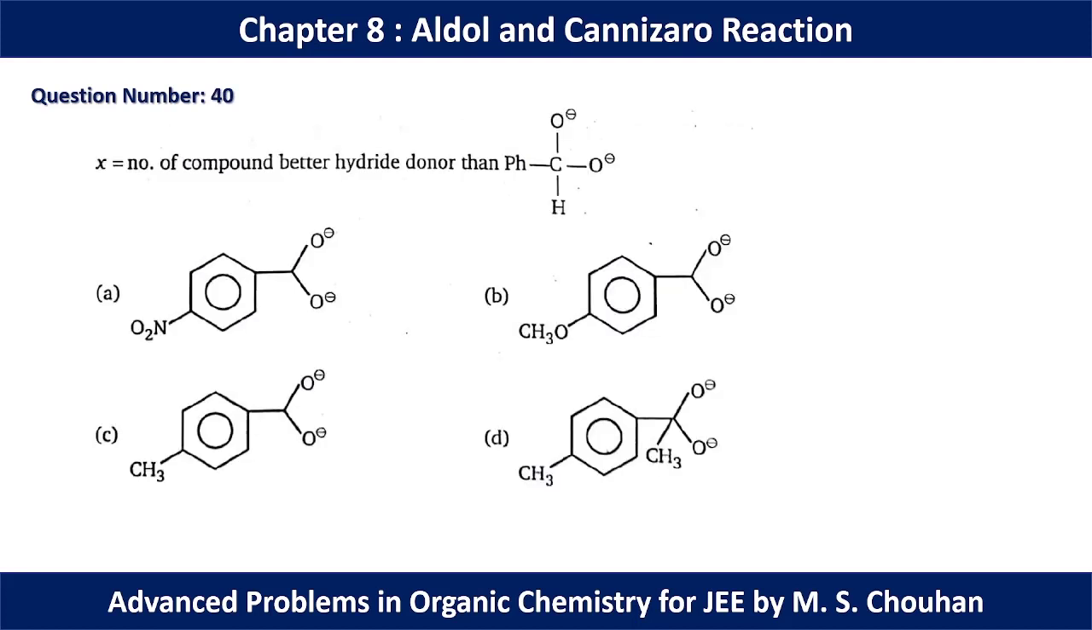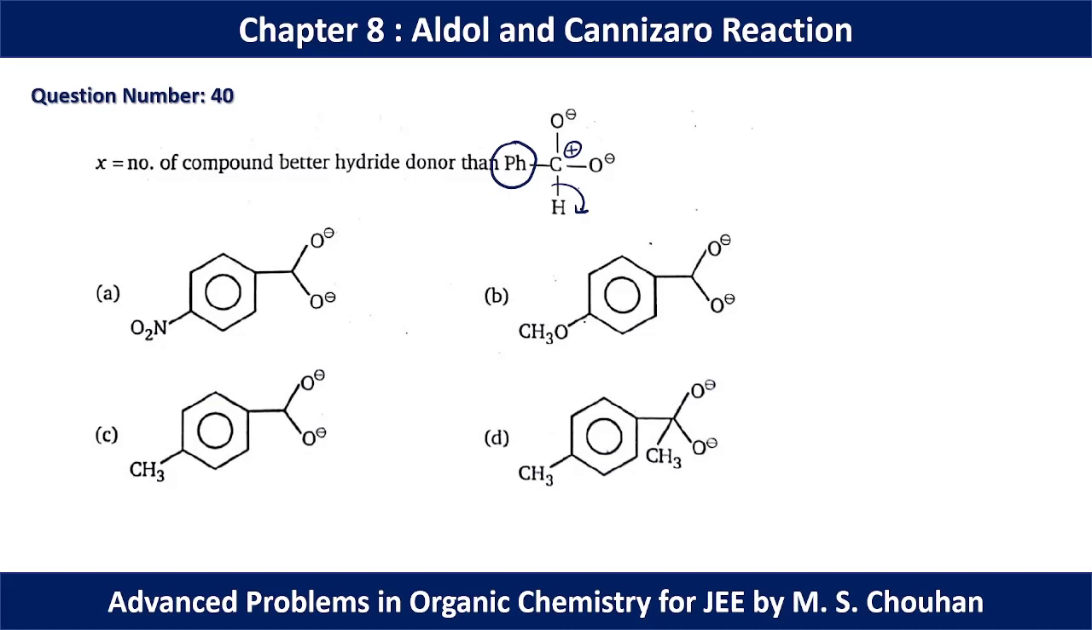In question number 40, which compound is a better hydride donor than this? So after dissociation of hydride we have a positive charge over here, so we should go for the molecule which can stabilize this positive charge, because then it should be a better hydride donor. So in this position there should be an electron donating group which can give extra stability to this